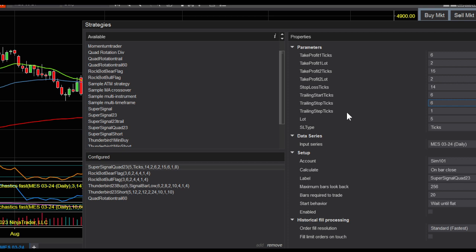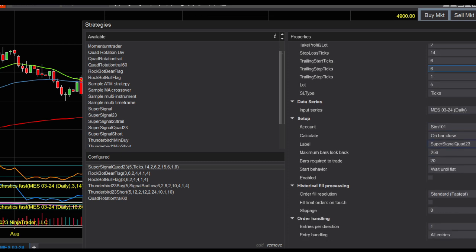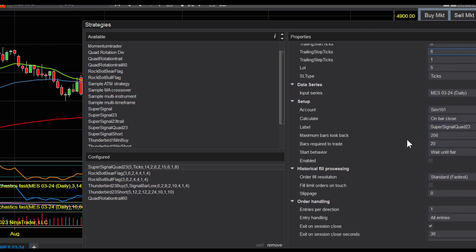And then you don't have to worry about the trailing step ticks. That just follows up 1 tick at a time, and that's what we like. Don't even worry about that. And then again, whatever count you're going to be setting it on, all the other things are pretty much set in stone. And then you just want to activate, enable it. And when you enable it, it's going to show up on your chart,